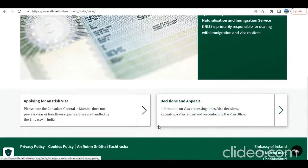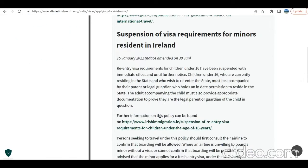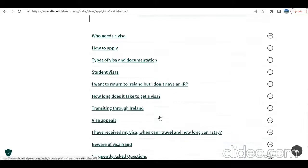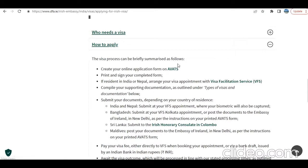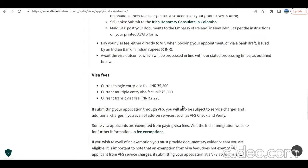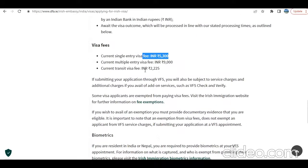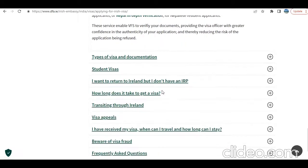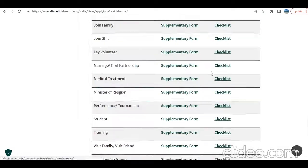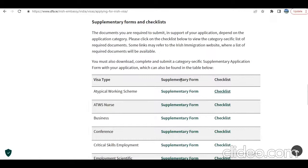If you're in India applying, okay, how to apply we already know. This form we completed, and then it goes to VFS. Visa fee for single entry, this is the fee, and other things. Now documentation, when it comes, this checklist is going to be really important, and supplementary form you also need to